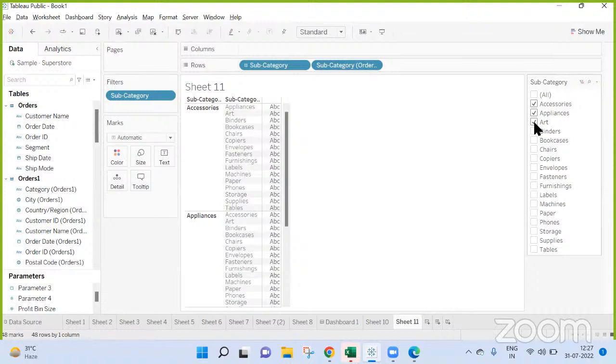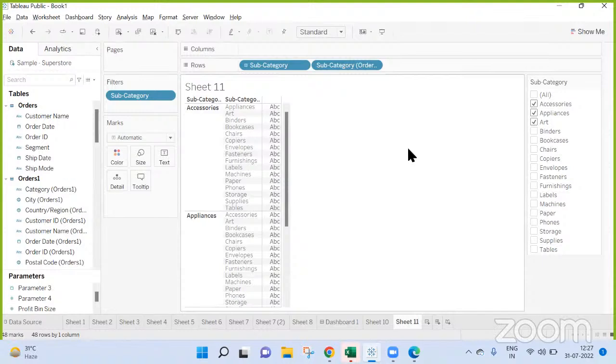It's not possible. That is going to be a very big thing here, because the problem is when you select a filter, you again want accessories plus appliance and art. All these three are in which combination you want those. Okay, that is going to be one heck of a calculation, because first you need to get the combinations.